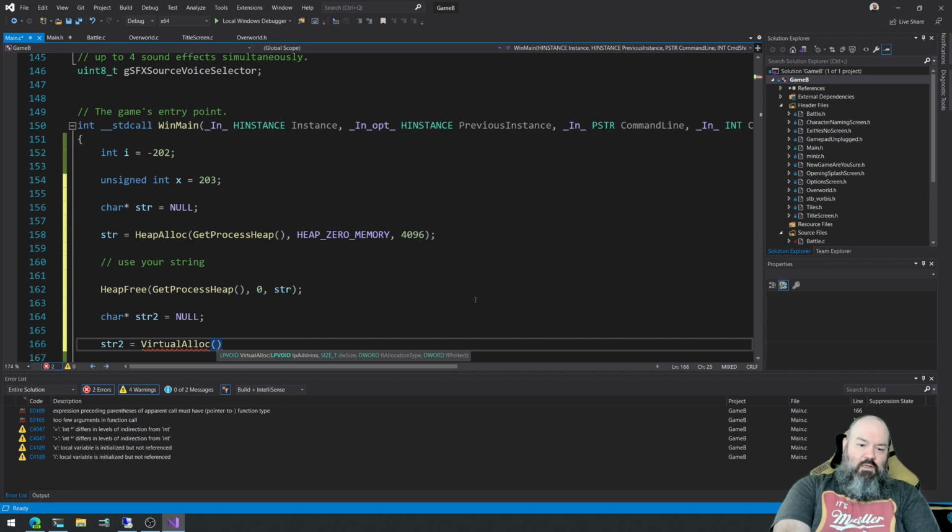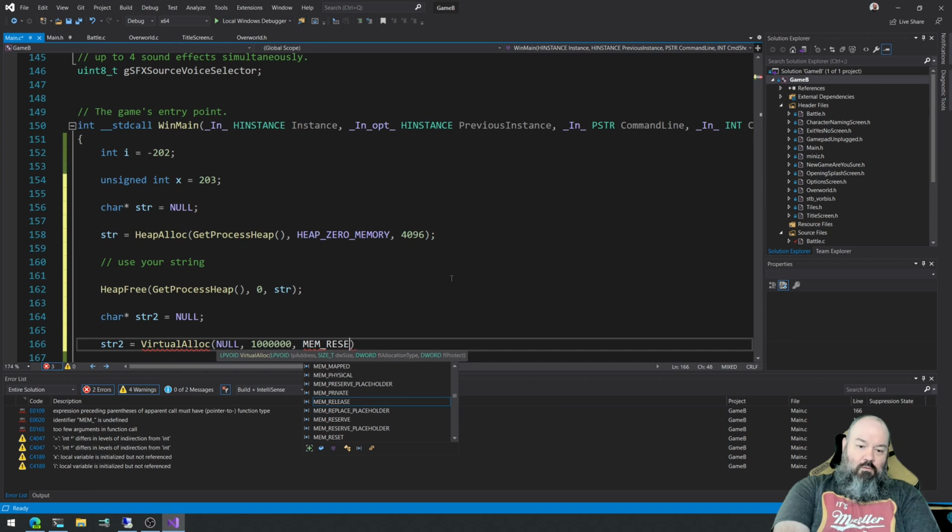And let's see, I think address, if you supply null here, the memory manager will simply give you whatever address it finds. And then we need a size, which I guess doesn't really matter, we'll make it 1,000,000 bytes. Allocation type is like mem reserve